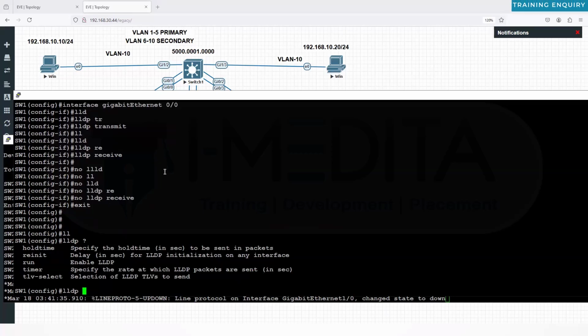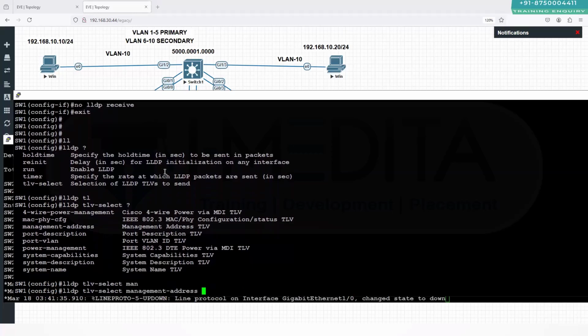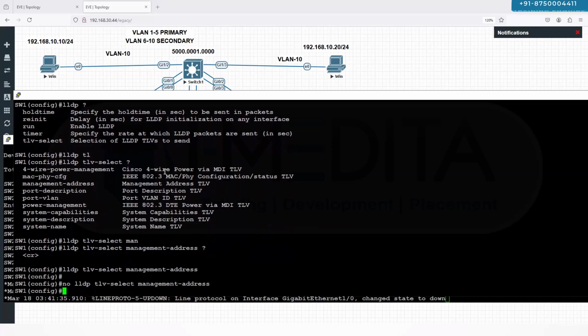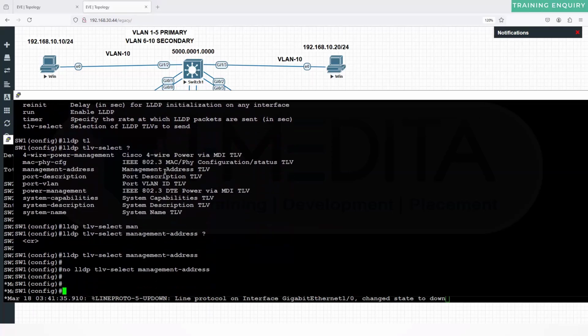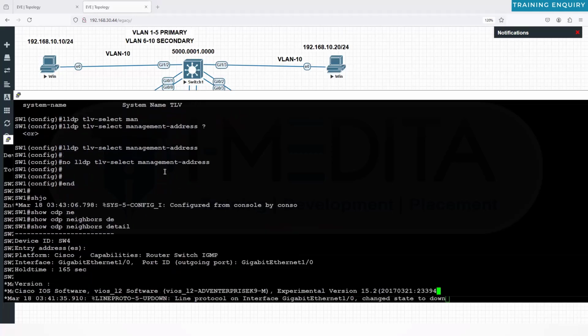So like LLDP TLV select, and then it should have this information, like if you want to have a management address within that, although by default it is added there, so you don't have to add it manually. But if you want to exclude some information, if you don't want, let's say, your LLDP to carry the management address, then just say no LLDP select management address, so that it will stop carrying the management IP of your device into LLDP packets. Because when you say show CDP neighbors detail, then it will give you detailed information,